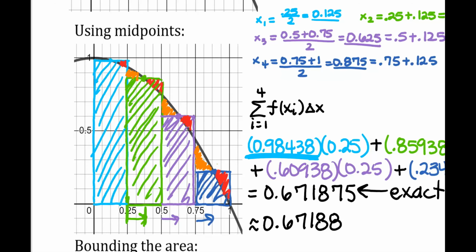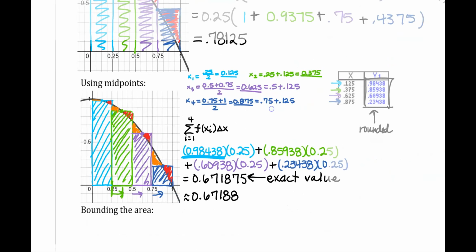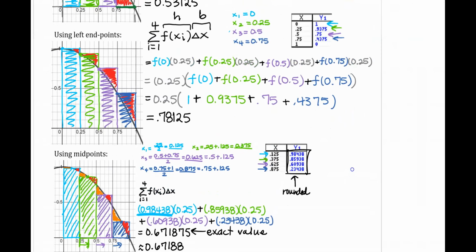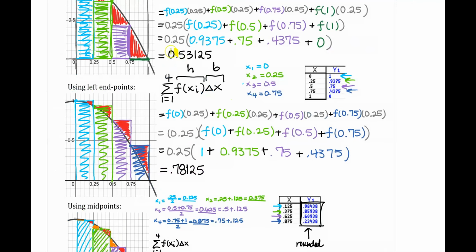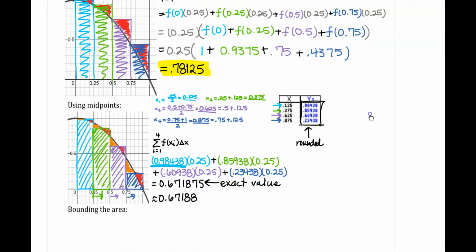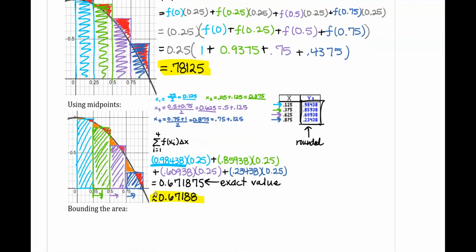And there's a little sliver in here we can't really see that's not being counted. And so we have 3 different approximations. Let's go and look at them. The first approximation we had was 0.53125 from the right endpoints. Then the left endpoints gave us 0.78125 for the area. And then the midpoint approximation gives us